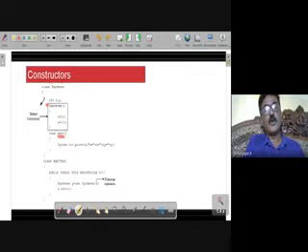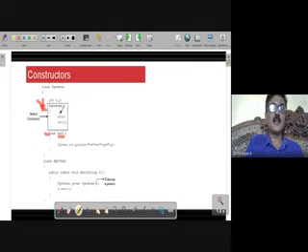But this is an abnormal method. You don't find any return type here. I'm not writing any return type similar to this void. There is no return type in front of this particular method. So this is also a method.